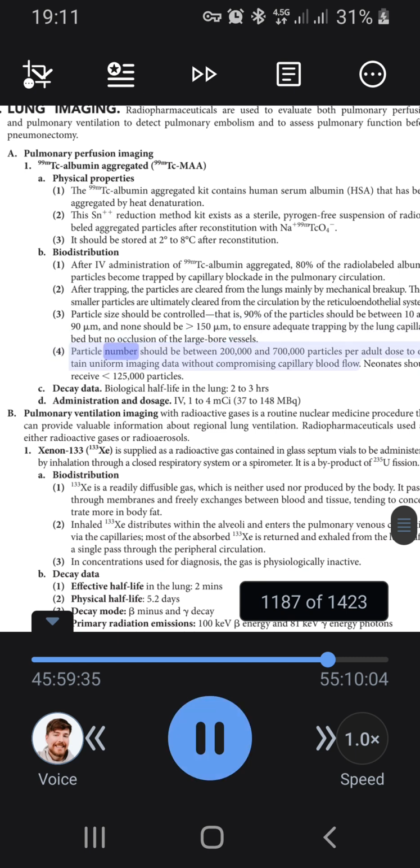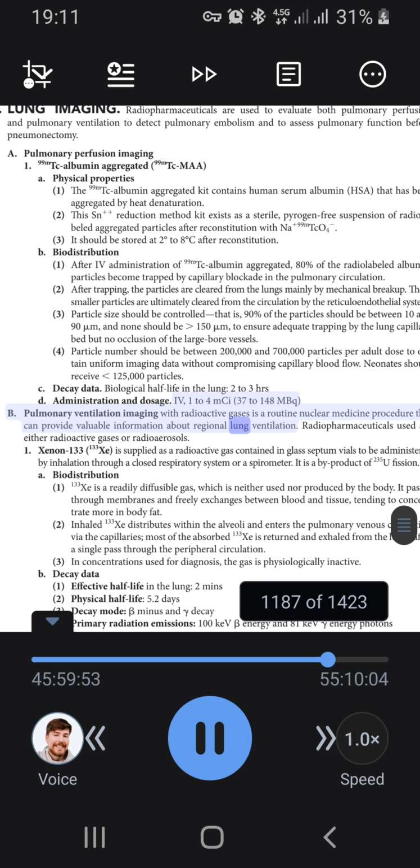4. Particle number should be between 200,000 and 700,000 particles per adult dose to obtain uniform imaging data without compromising capillary blood flow. Neonates should receive 125,000 particles. C. Decay data. Biological half-life in the lung, 2 to 3 hours. D. Administration and dosage. IV, 1 to 4 mCi, 37 to 148 MBq. Pulmonary ventilation imaging with radioactive gases is a routine nuclear medicine procedure that can provide valuable